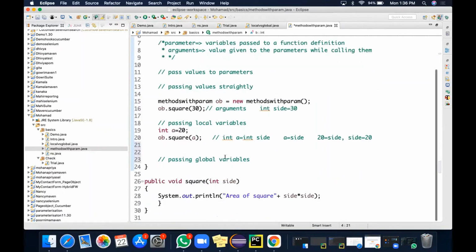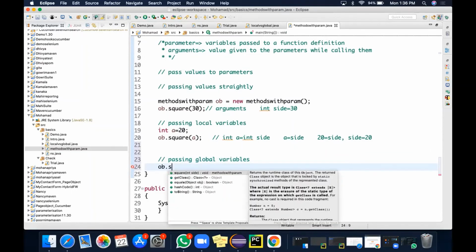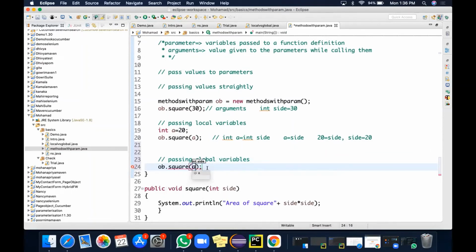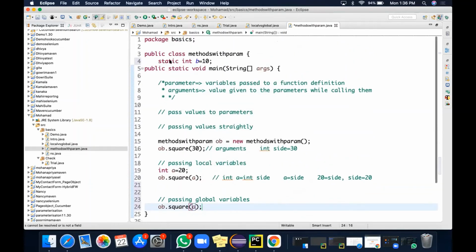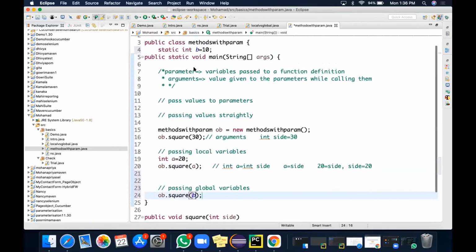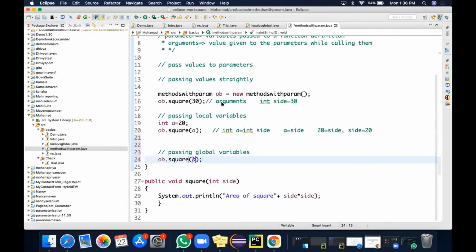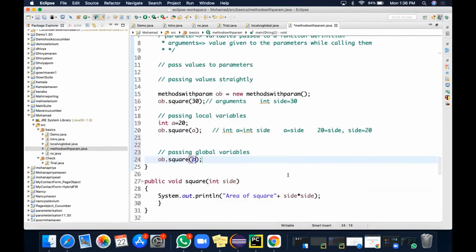So when I call this one, it is ob dot square, I have to pass a, and then, okay, it is b, right? Sorry, it is b. So it is a static global variable. The main method is accepting the static global variable. And okay, just run this one.